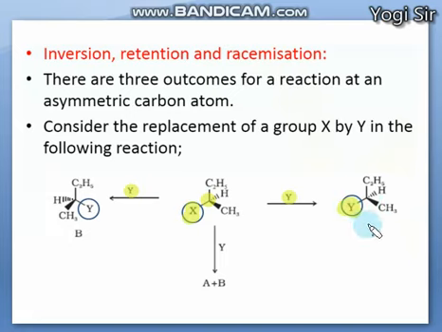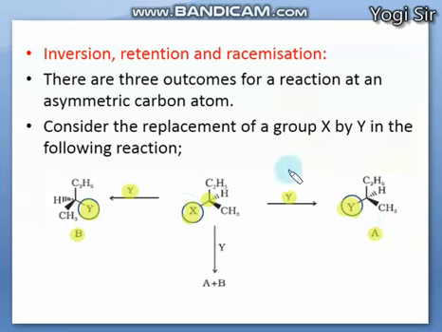This structure A is originally retaining the previous structure, meaning they both are identical, so this part is named retention. A is retention, right? While in this second case, Y is inverting the total functional group, the total alkyl groups are in the opposite direction. So Y is now performing inversion in this step. So the B product is the inverted product while the A product is the retained product, right?